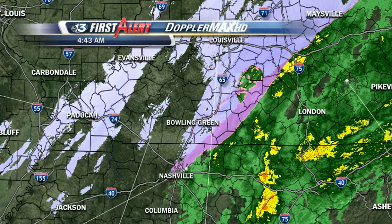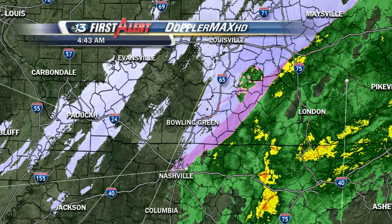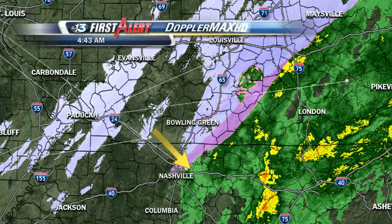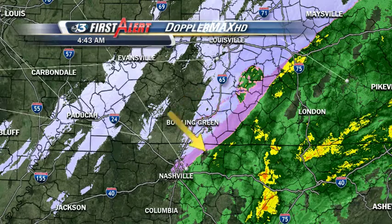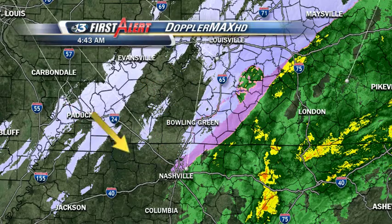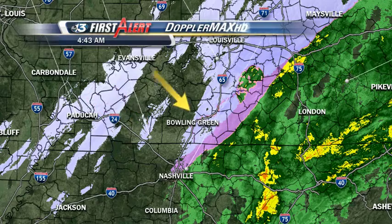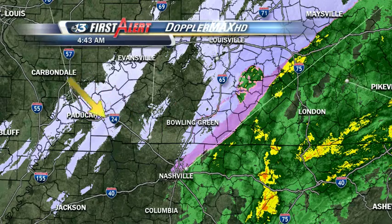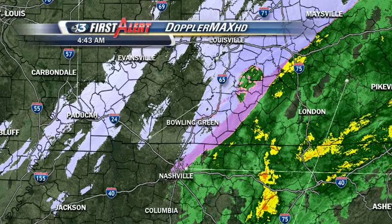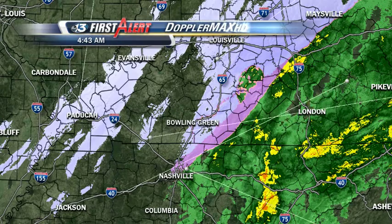to snow right now. There's Doppler Max HD, and you can see the line that is showing the transition here just to the east of Bowling Green. That's where we're seeing that mix of sleet and rain, and then it's over to all snow. And radar's sometimes not picking up some of the light snow that's falling here, but there's plenty more back to the west, enough just to make things a little tricky this morning as you go off to work or to